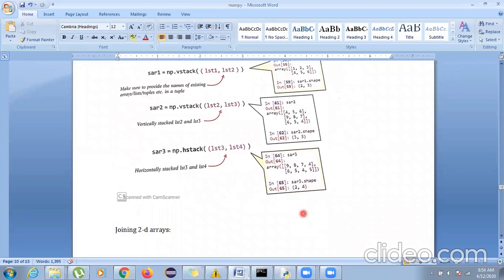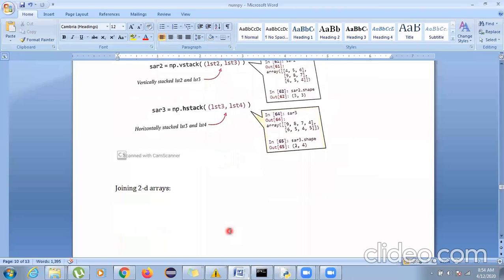But for joining this, you should keep in mind that both the lists were having 2 rows. That's why you could join them. The number of columns doesn't matter in horizontal stack, but the number of rows should be the same. If one has 3 rows and one has 2 rows, then how would you join them? So for compatibility, the number of rows should be the same in horizontal stack, whereas in vertical stack, if you are joining one above another, the number of columns should be the same. If one has 3 columns and another has 5 columns, they cannot match and join. So that is a drawback of hstack and vstack, which you have to keep in mind.